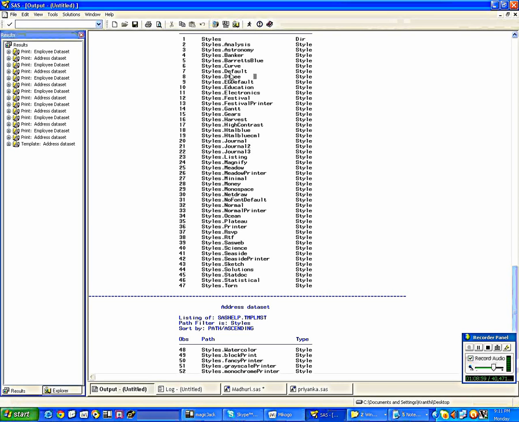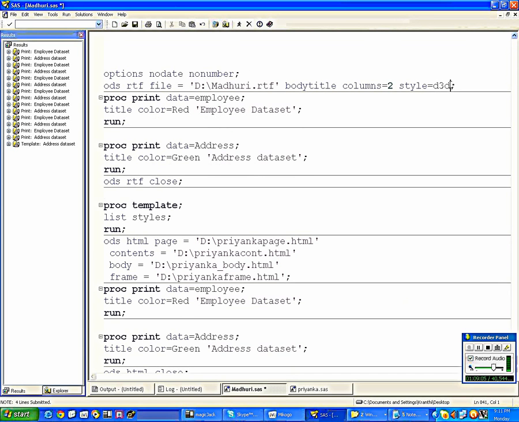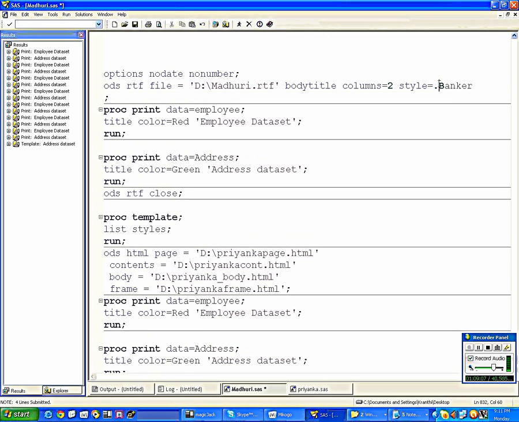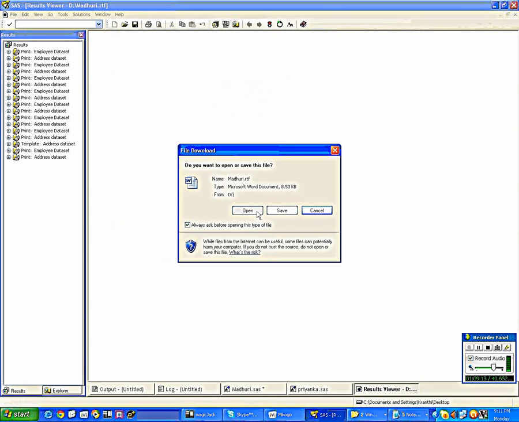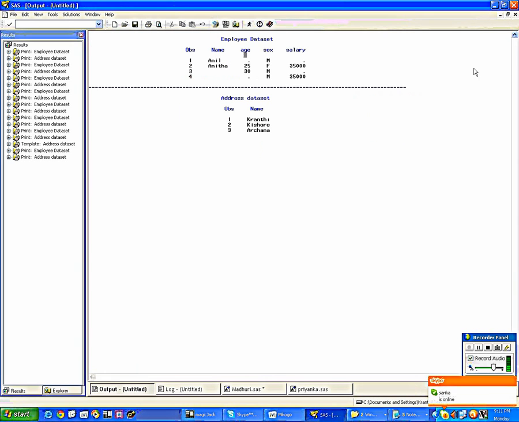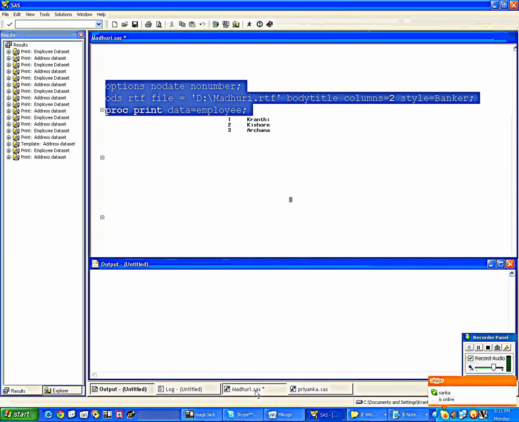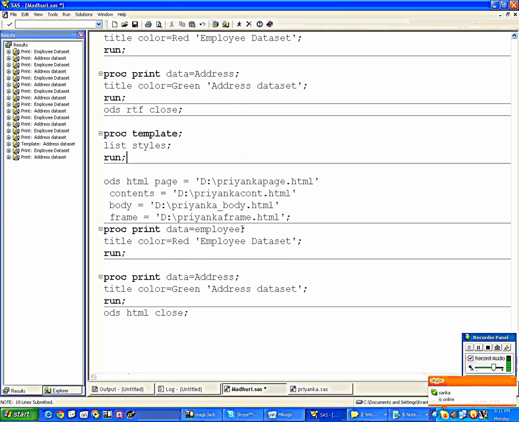It's not there it seems, but okay, let us use the banker style and see. Here, instead of this one, use the banker style. Submit and see. See, now it's a different style, right? A different banker style. Like this, you can use up to 40 styles. If you want the list, just type this one. You can give the list.